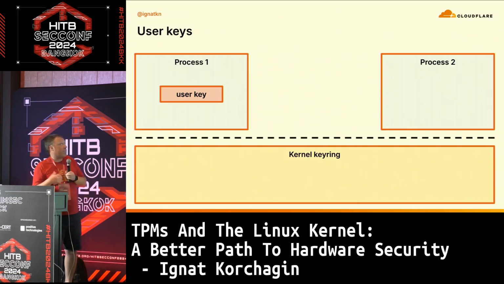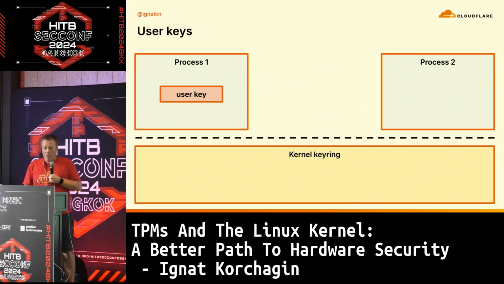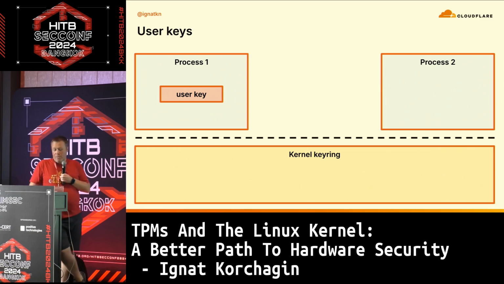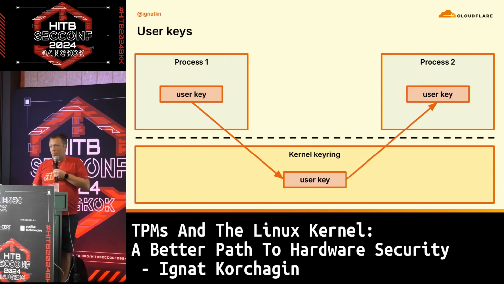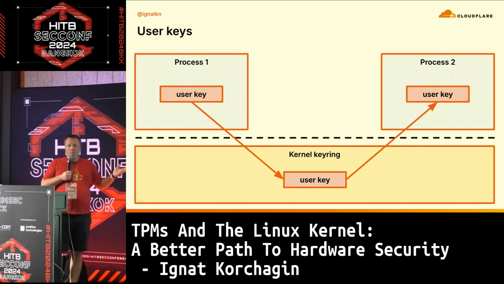So keys in the keyring have several predefined types. The example we just saw is called a user key, which is the simplest type of key. Basically, one process has some secret or a key. It can put it into the kernel keyring, and then either the same process or another process which has appropriate permissions can read that key or secret back. Easy. The problem with this approach is that it's simple, but it's not very useful, because in this schema,